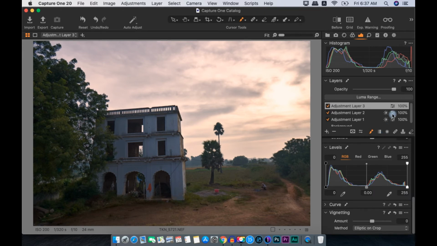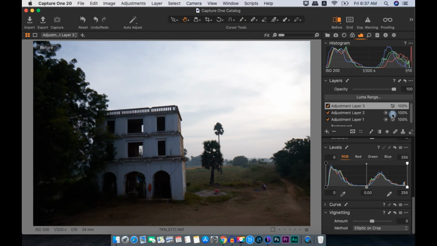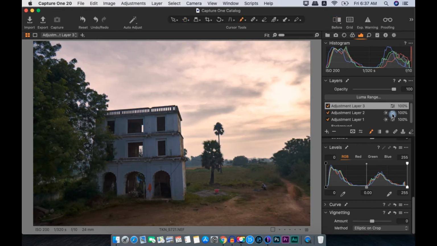Now let's see the overall image just for a second. This is before, this is after, this is how far we have come.